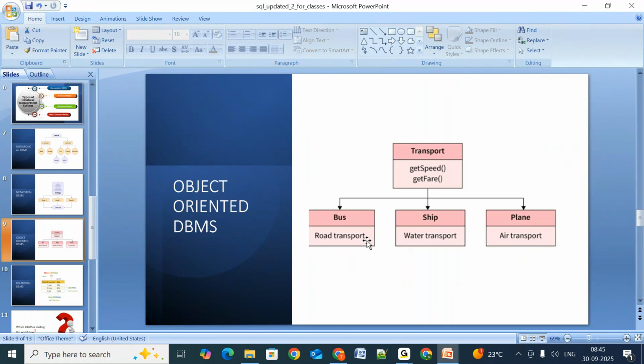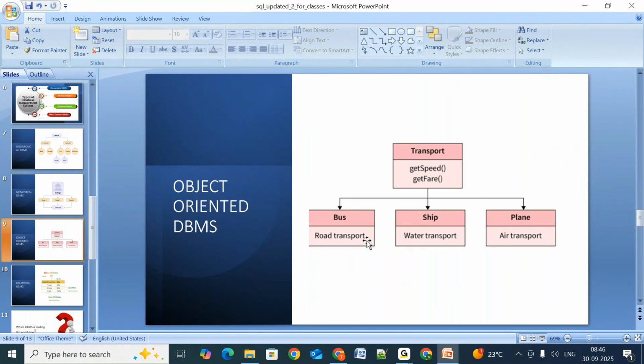Consider a car. Let us assume, I know only Java, I'm familiar with Java, so I'm just considering the Java language here. No need to bother about anything. Let's say I have a car and I want to design some feature, maybe a touch feature, or some other mechanic feature. I will write code in Java in a way that all the hardware parts information I need to store in one class.